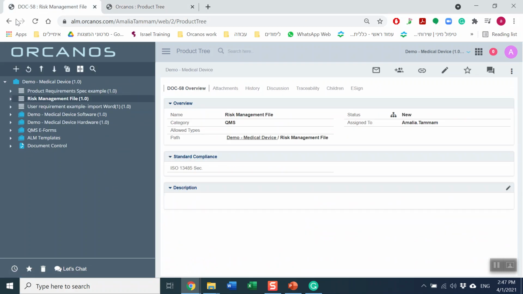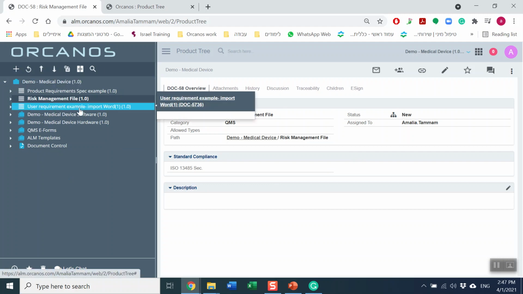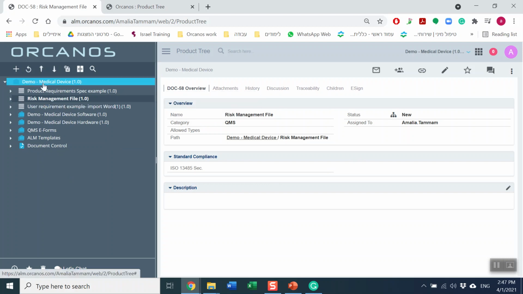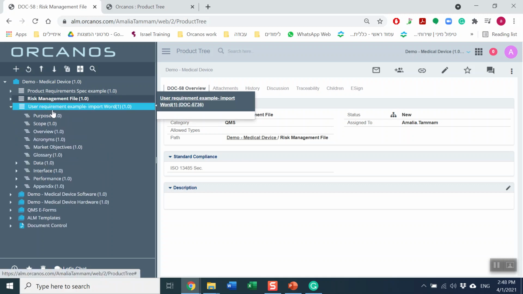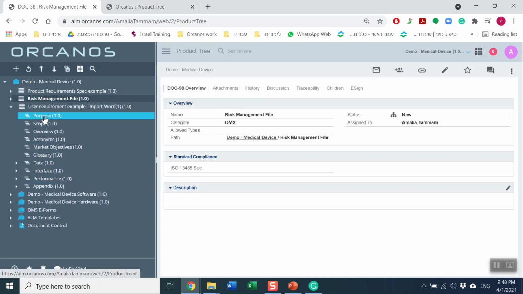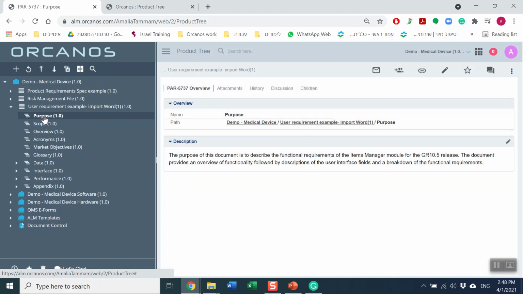If I go back to my product tree view, you can now see this document, user requirement example, at the bottom part of this level of this solution. If we open the hierarchy, you can see that every heading that was marked as heading 1 is imported as a separate heading paragraph, and it will include in the description any text that was under that in the document.